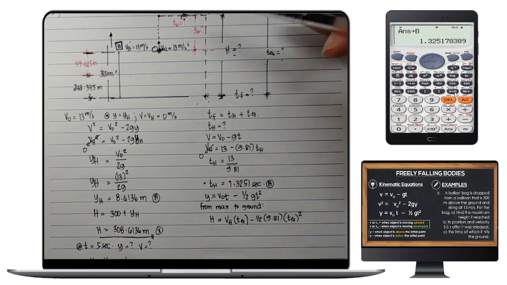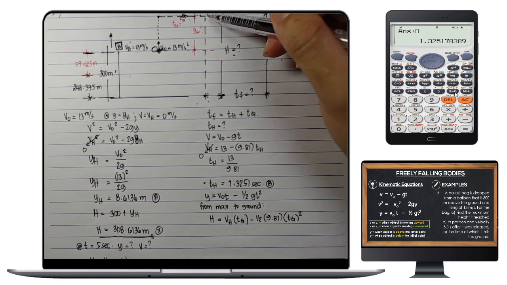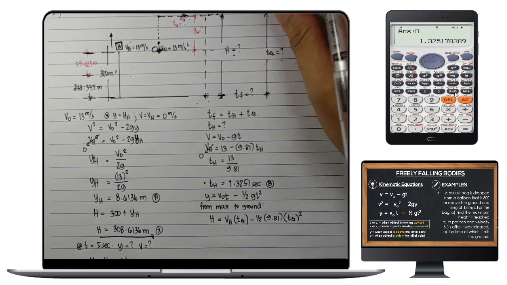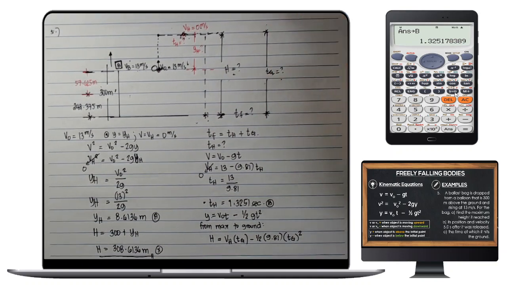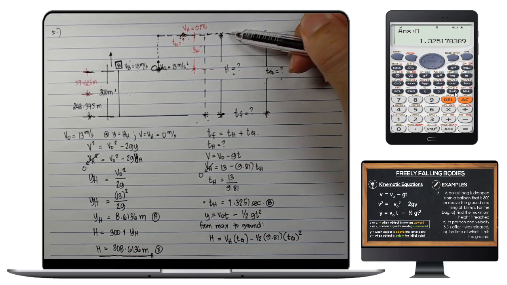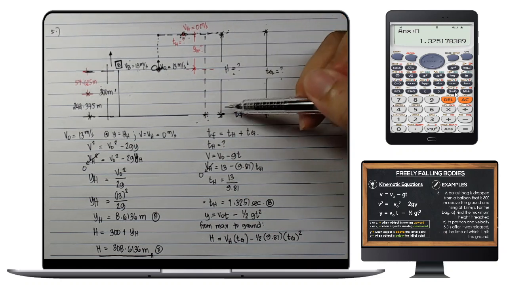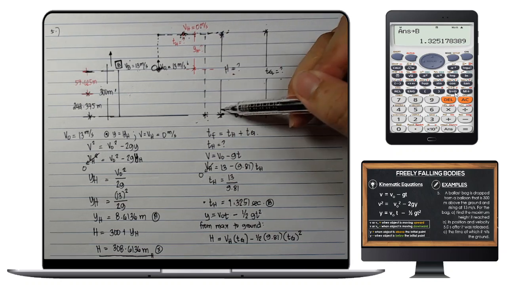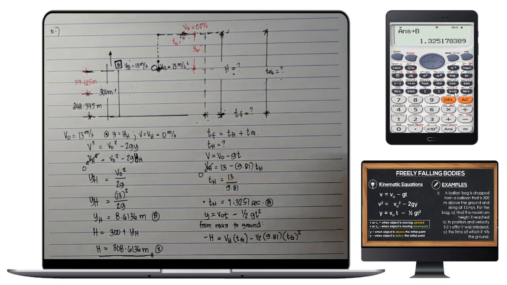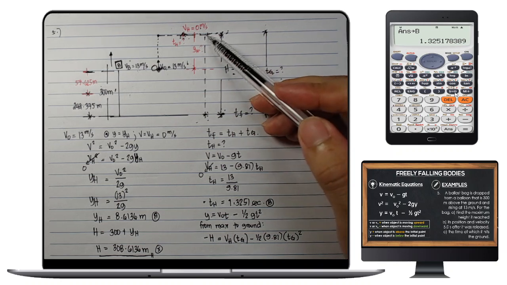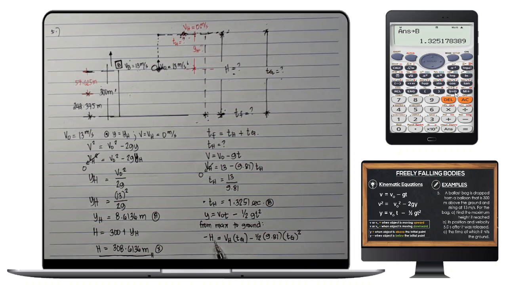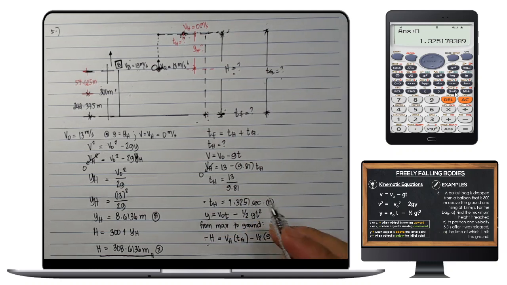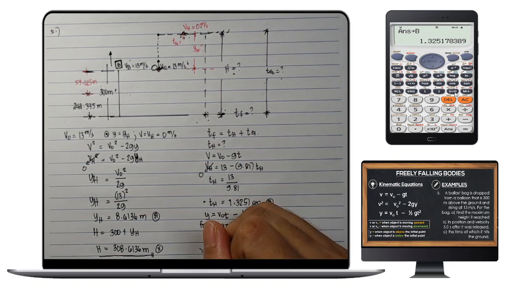And we know that h, since we are going to use the maximum height as our initial point, h is directly below the maximum height. So nasa baba siya ng maximum height. Therefore, we need to consider this as negative because nasa ilalim siya ng initial point. So negative h. So yung h natin is 308. So that is negative